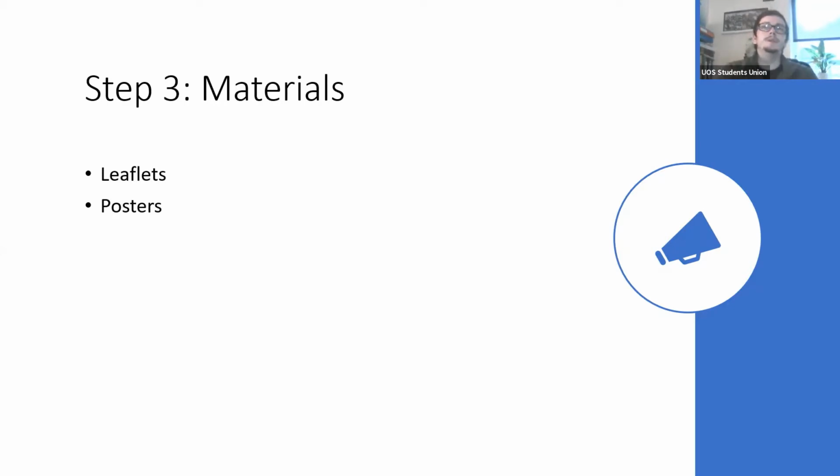What I would say with posters is think about where you're going to put them. So where are they going to be, particularly at the moment, because there's so few students on campus, where our students are likely to see it. You know, there's no point in putting it in a corner of the room near the toilets or something that no one's going to see. You want to put posters in key areas that students can have access to.